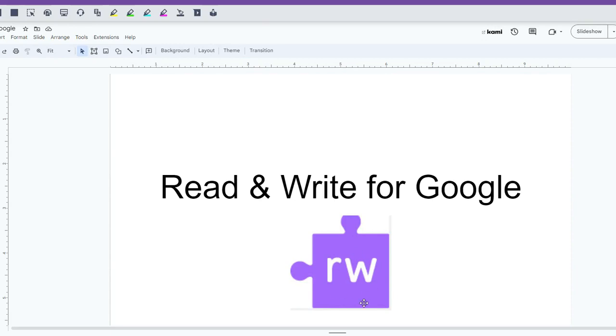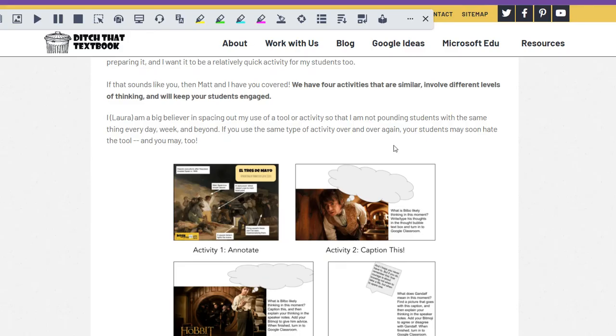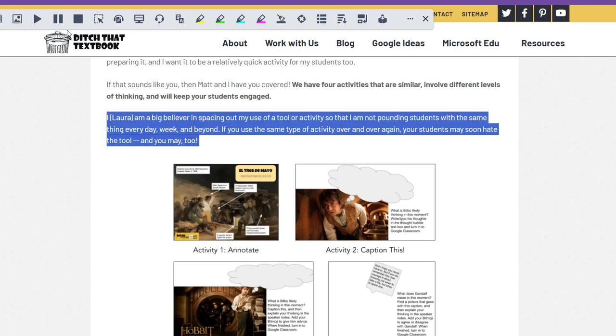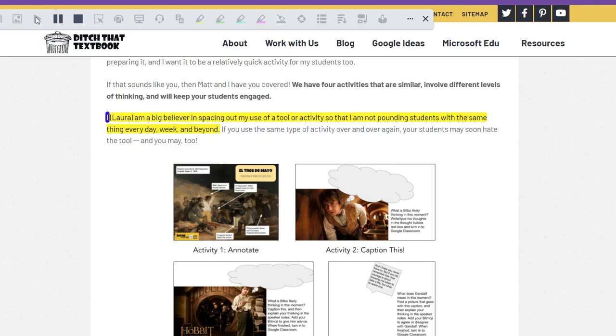Read and Write for Google, it looks like this. I'll give you a link at the bottom of the screen. When they get here, they can have it read their text. The only catch is they will have to select the text first